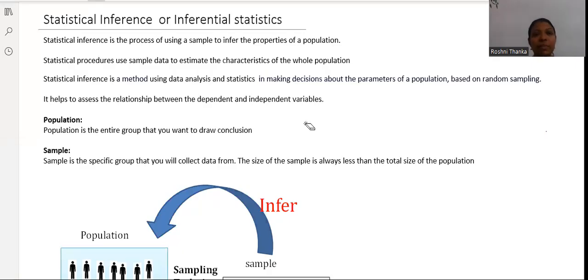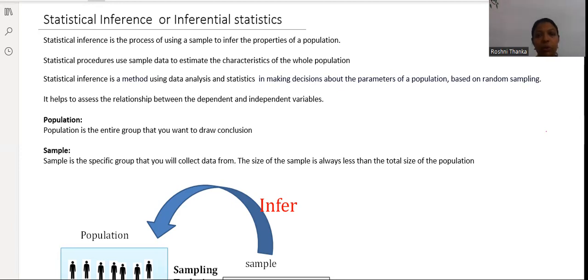Hello friends, in this video we are going to see about statistical inference, also called inferential statistics. So what does statistical inference mean? It is a process of using a sample to infer the properties of a population. For example,